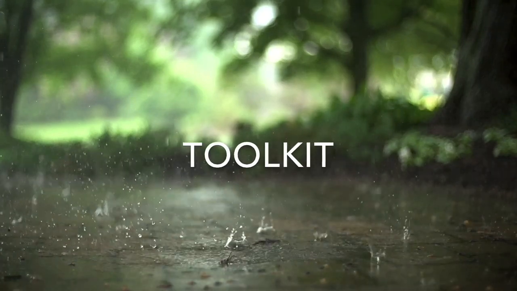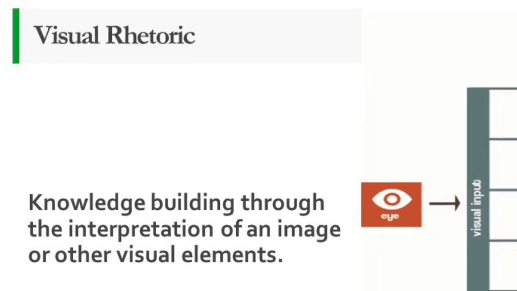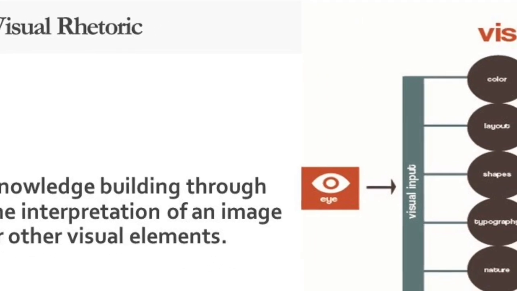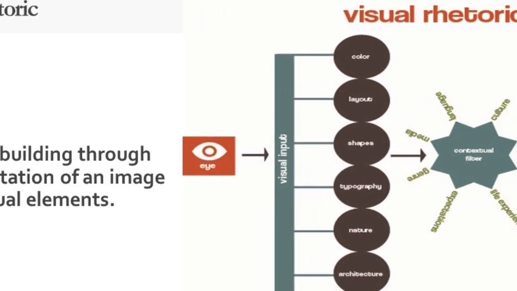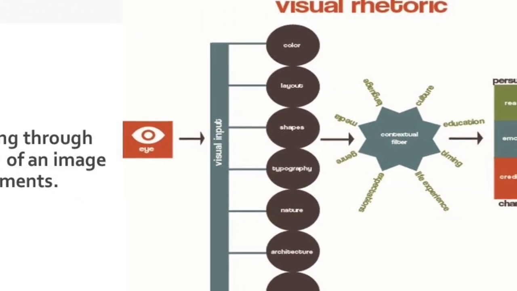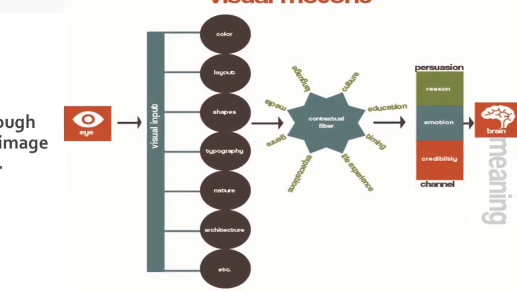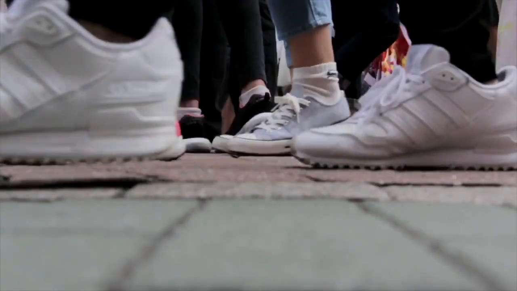Visual rhetoric is a meaning-making skill or a behavior for how we process and communicate information. It is how we utilize images and other visual elements to convey ideas and to build knowledge. The arrangement of color, shapes, typography, the appeal to natural and human-made elements create a baseline for how we think